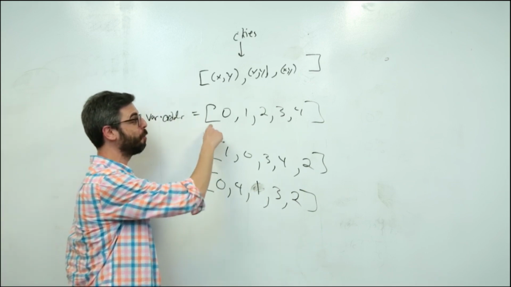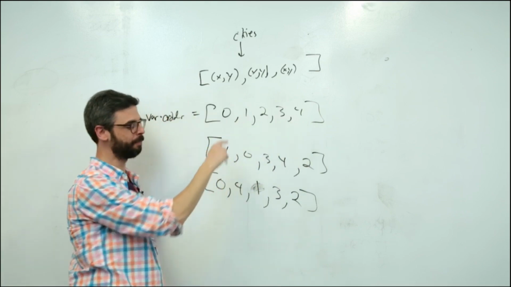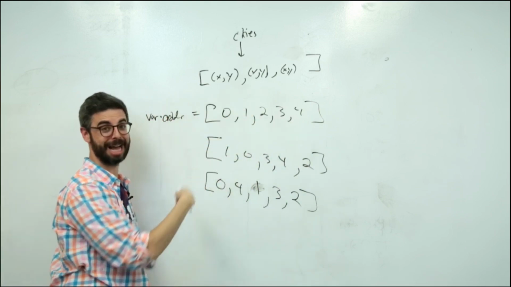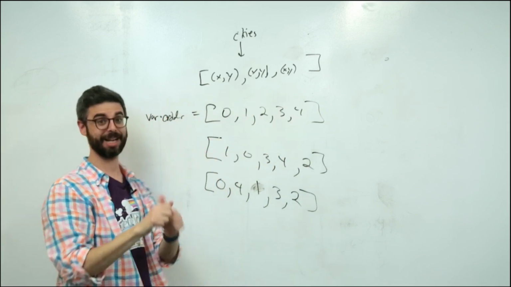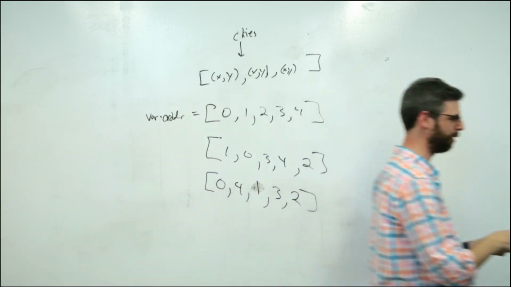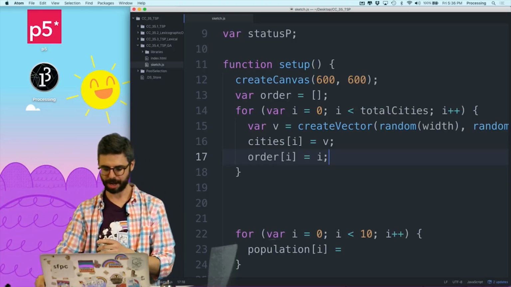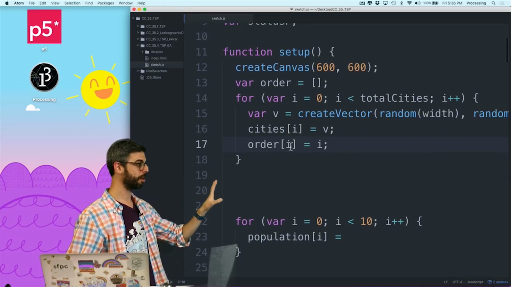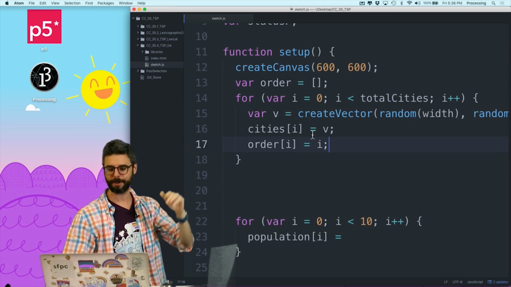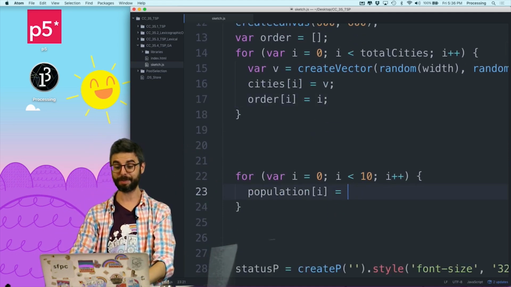Well, I could start with this regular order, and then I could just shuffle around elements a bunch of times to randomize it, kind of like shuffling a deck of cards. So let's do that. This is just the standard order. This array is just 0, 1, 2, 3, 4. And now population is going to be order